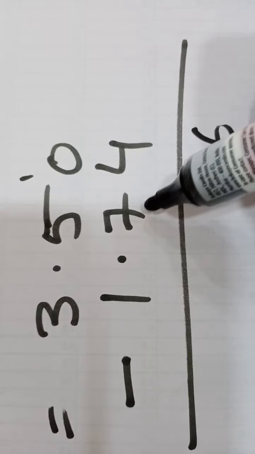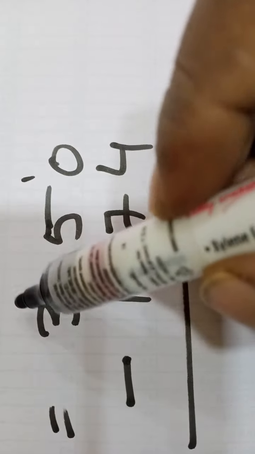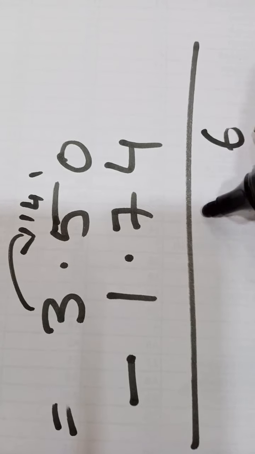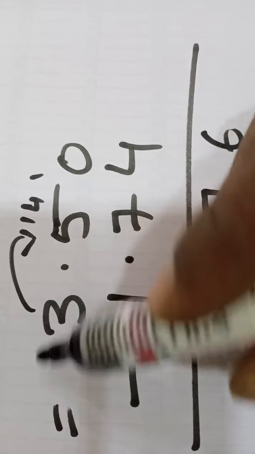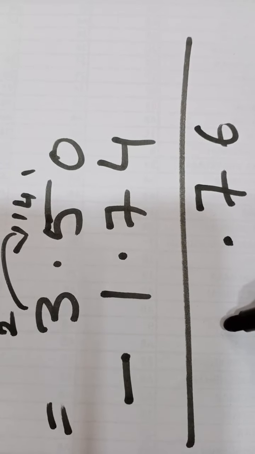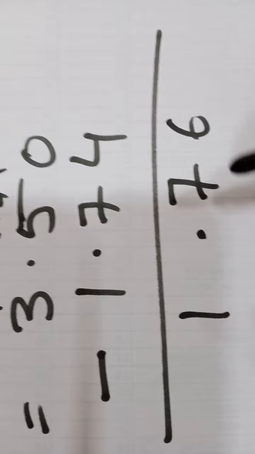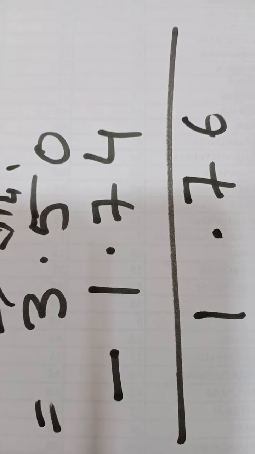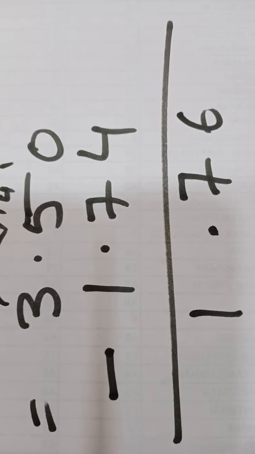This is 4. So यहाँ से 4 में से 7 नहीं जाएगा. I'll again borrow 1 from here, so this will be 14. So 14 minus 7 is equal to 7. अब ये 3 का 2 हो जाएगा क्योंकि 1 हमने borrow कर लिया था. So 2 minus 1, that is equal to 1. So the number is 1.76. अगर आप ध्यान दो तो एडिशन और सब्ट्रैक्शन एब्सोल्युटली सेम तरीके से किया जाता है, इसमें कोई खास बेसिक